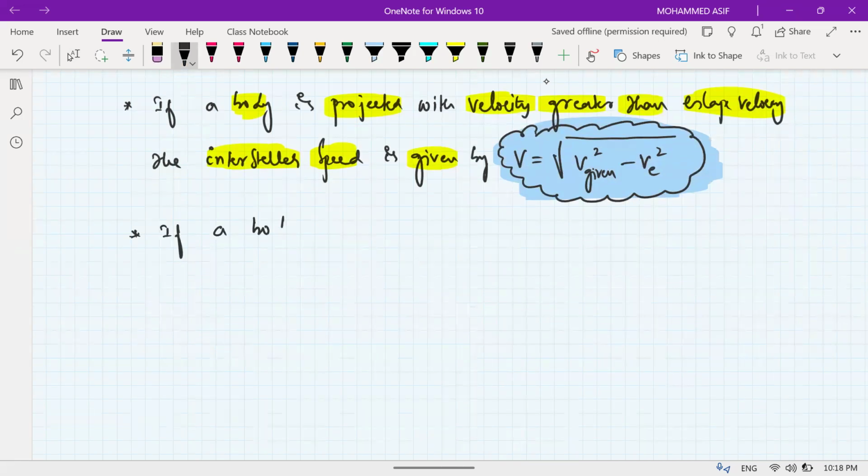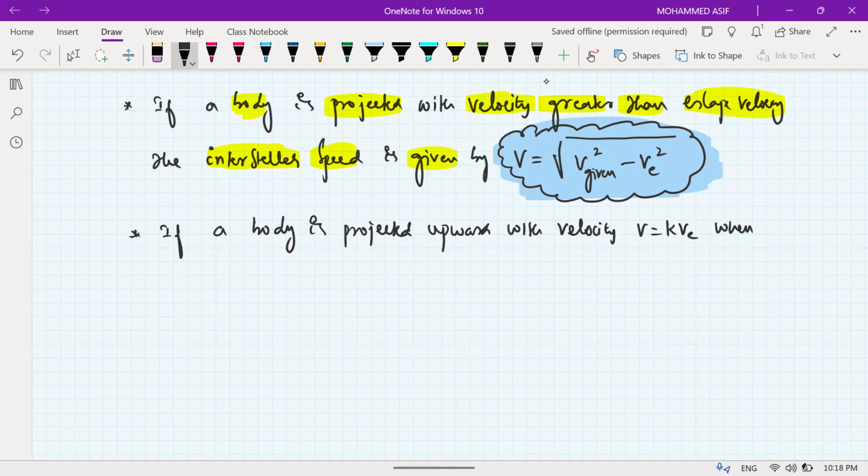If a body is projected upwards with velocity v is equal to k times the escape velocity, where k is lesser than 1, then the maximum height attained from the center of earth is,